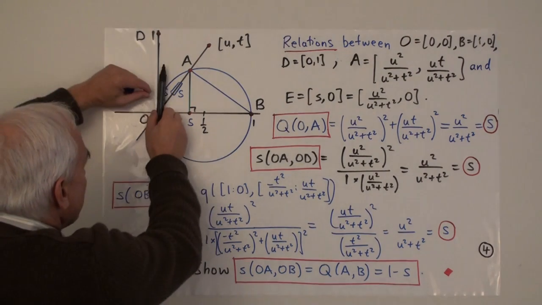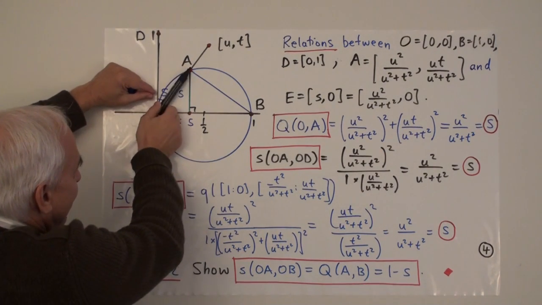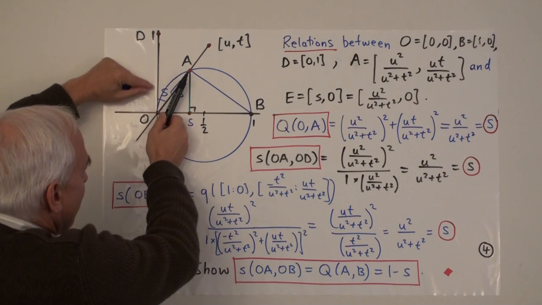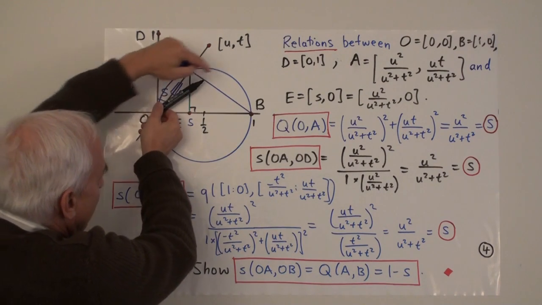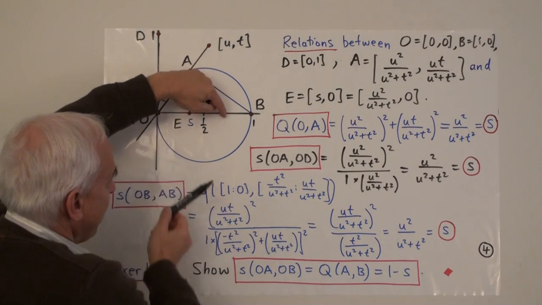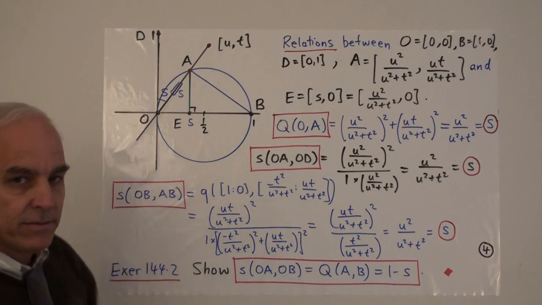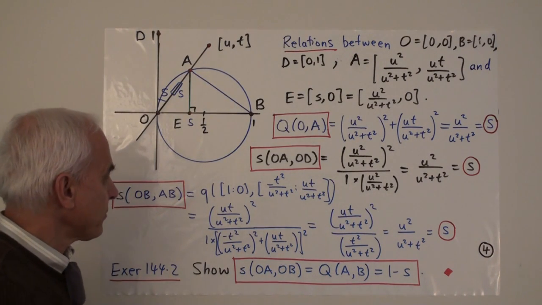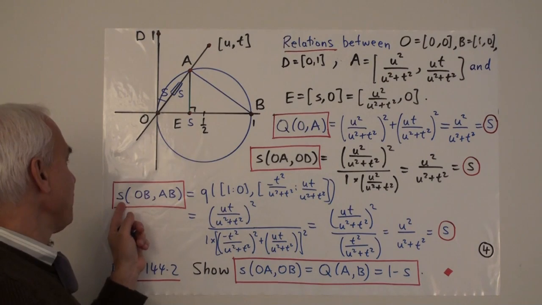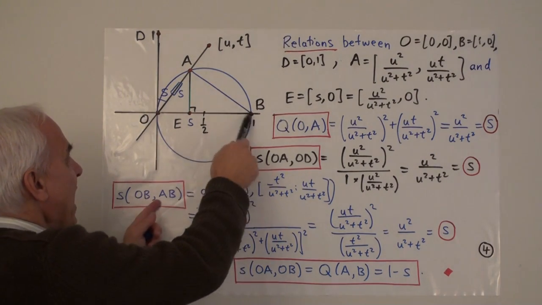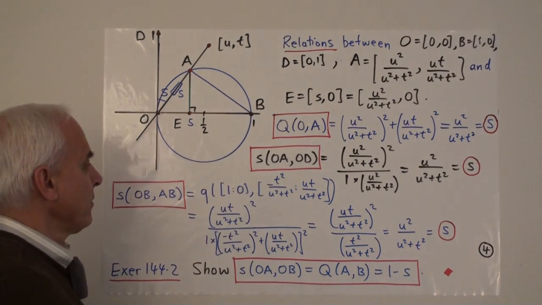So for example, if you want to measure spreads, you take one line, put it there, you take the other line there, you move it over here, see where it meets the core circle, read off the x-coordinate, that is the spread. Very simple. The other spread we're interested in is the one between OB and AB, this one right here.